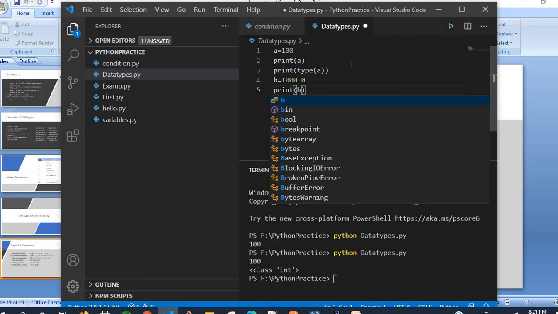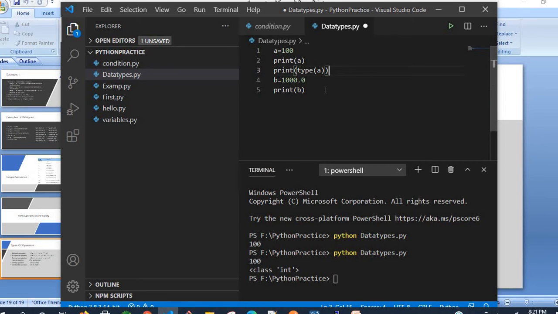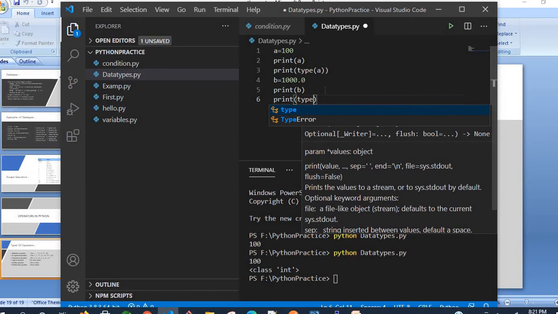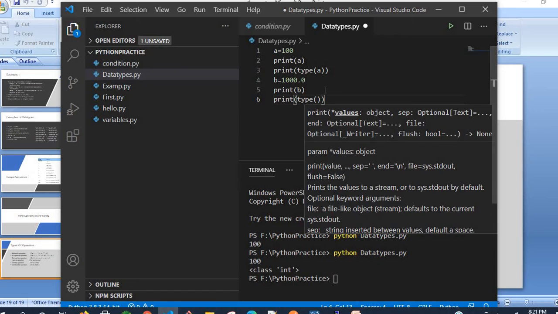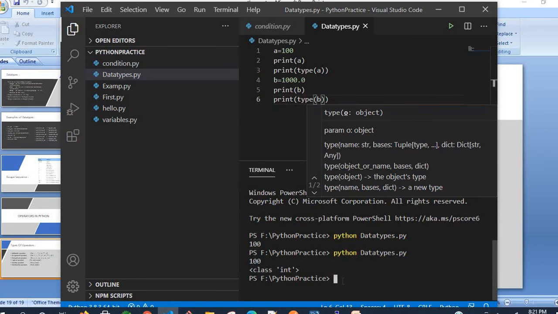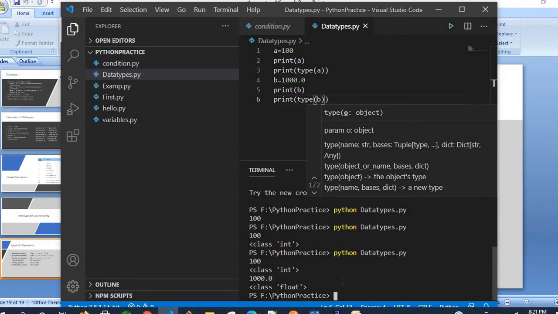It will print simply the value of the B. Now here I want to print the type of the variable, that is nothing but type of B here. So type of, place the variable name inside the method, save it here, then go to the terminal,